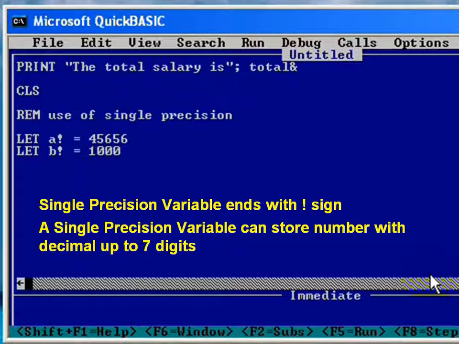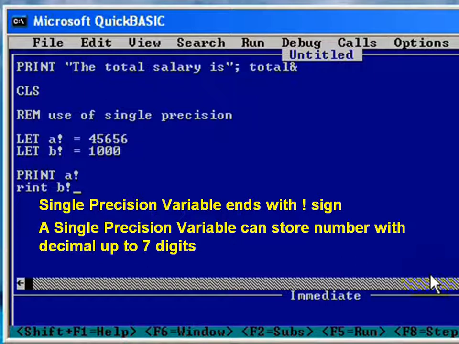Now press enter. Now print a exclamatory sign, print b exclamatory sign. Now what happens? The value 45656 will be stored in a exclamatory sign, or a single precision variable, and 1000 will be stored in b